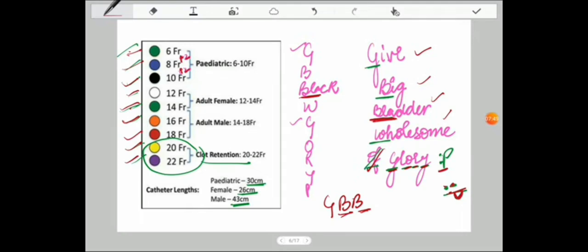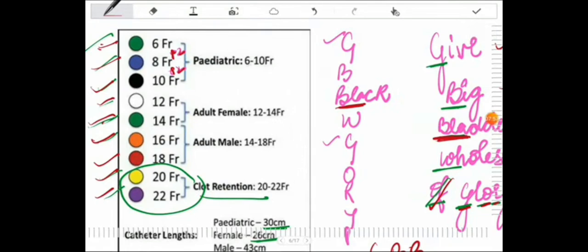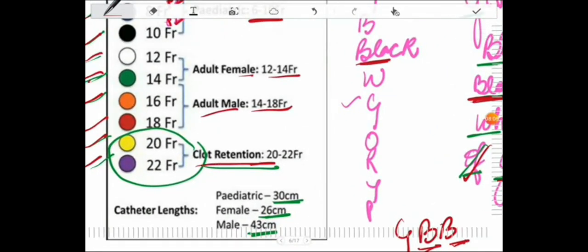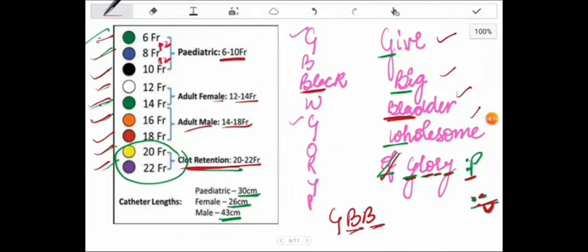Then we'll talk about the sizes which are used for different age groups, and this goes like: for pediatric, it is 6 to 10 French, adult female 12 to 14, adult male 14 to 18, and the big ones are used for clot retention. For instance, a patient had an accident, and what happened was